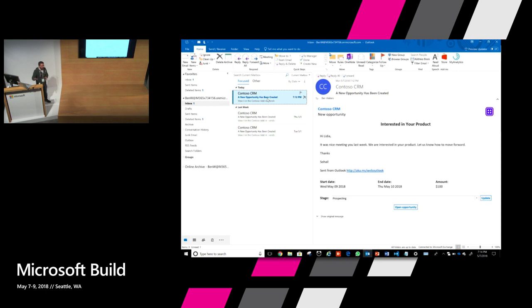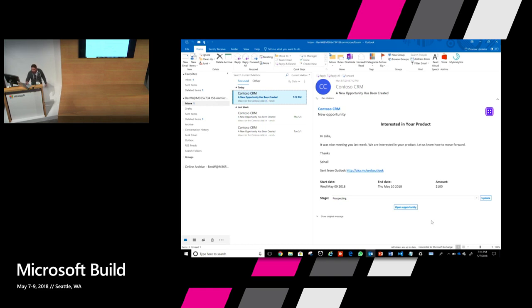So this is the notification that Lydia sent to Ben when she launched the add-in. See that the coloring is nice. But this whole thing is actually an interactive message card. This is not an HTML body. So notice what's going to happen when I click open opportunity. This is an interactive button, and this is a drop-down, and this is an update. And this is all going to happen within the context of Outlook.